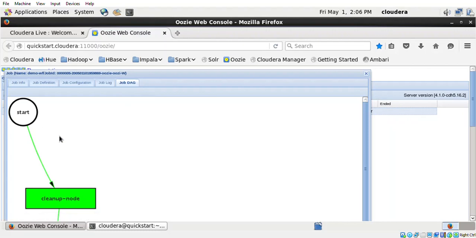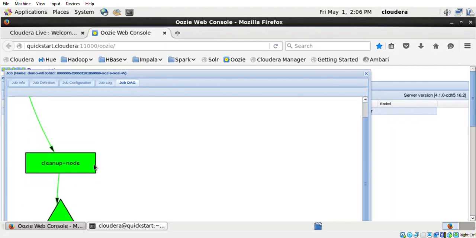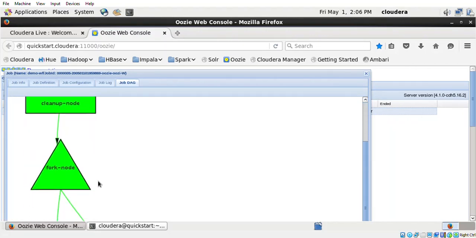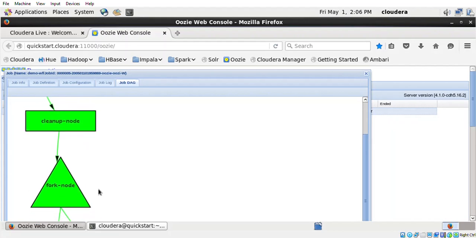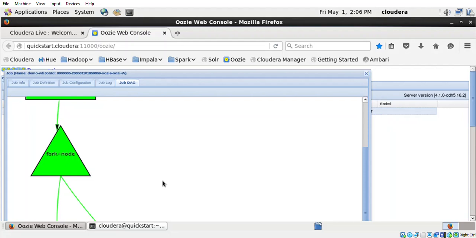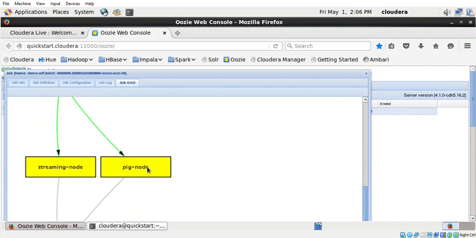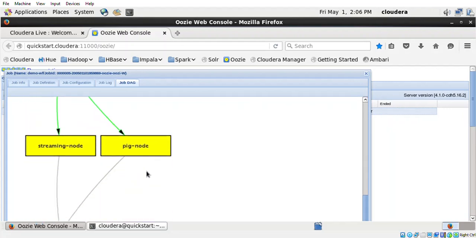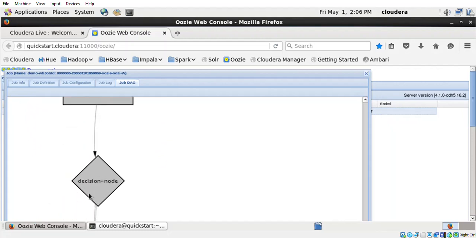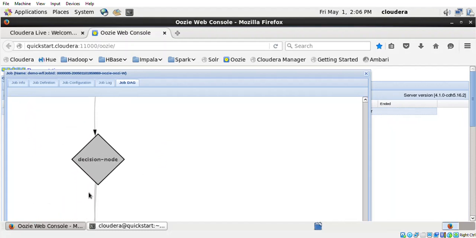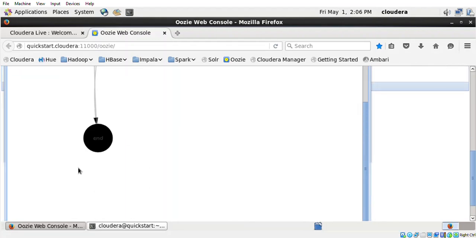So here in the next page, it is showing the start, cleanup node, and fork node. Initially it starts with the cleanup node, then the fork node, the process is initiated, then the streaming node and pig node, then the join node, then the manager node, then the decision node, the HDFS node, and the end node.